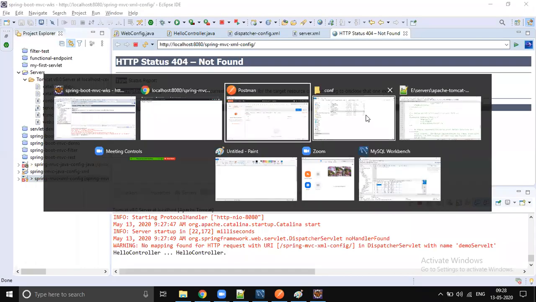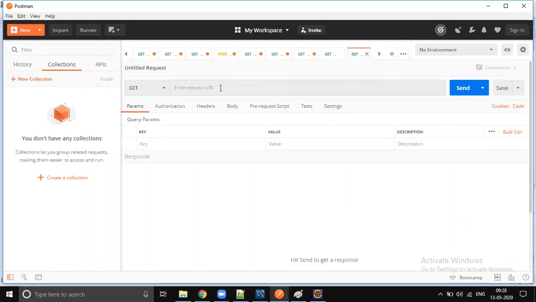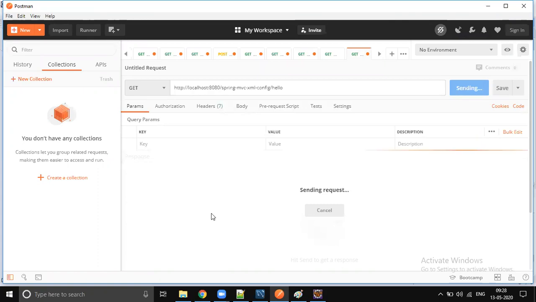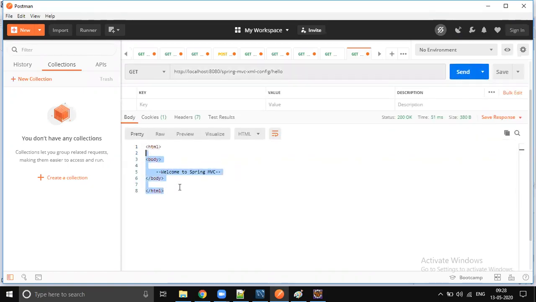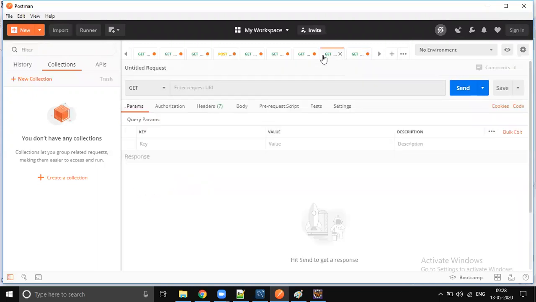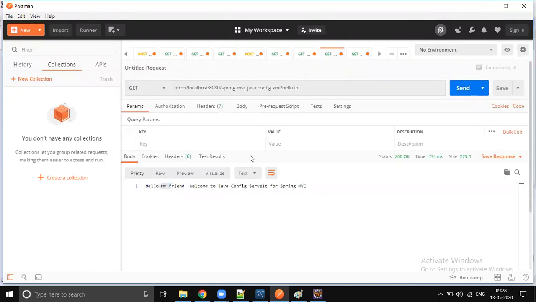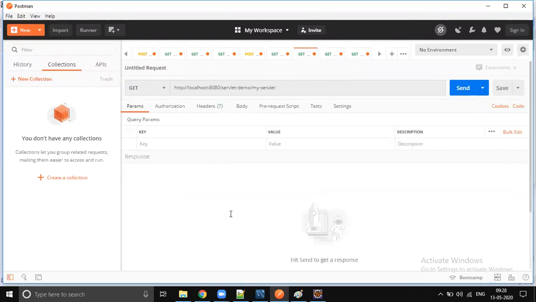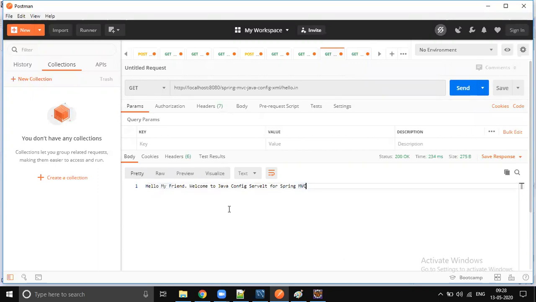Yeah, hello. If I send this through Postman, you see a clear difference. Here you will get an HTML response rendered, right? See some HTML body, it's actually HTML. Whenever we are playing with JSPs, you will get an HTML response. Whenever we play with pure RESTful web services, it's not HTML. It's going to be some text or some JSON, some XML file.